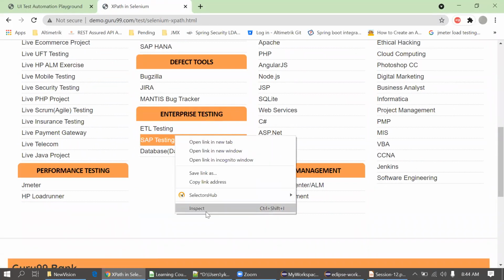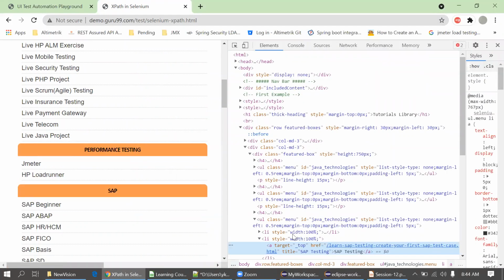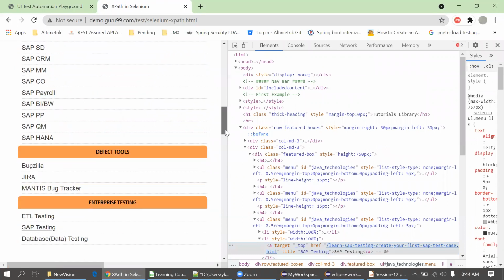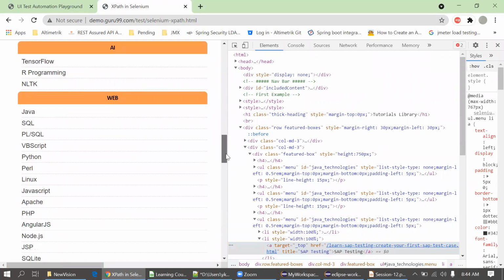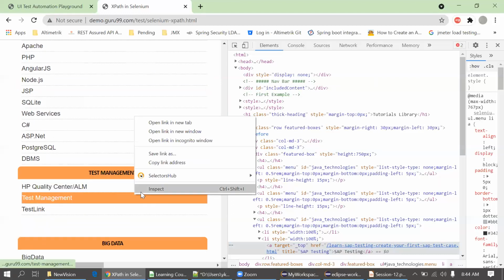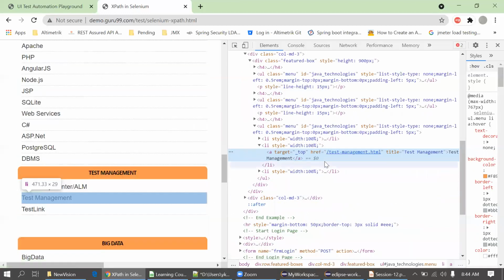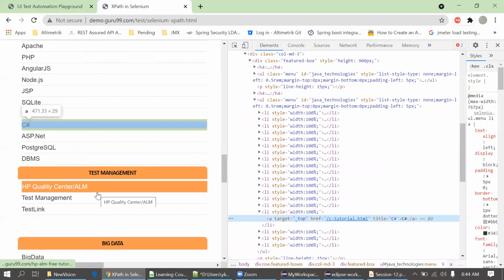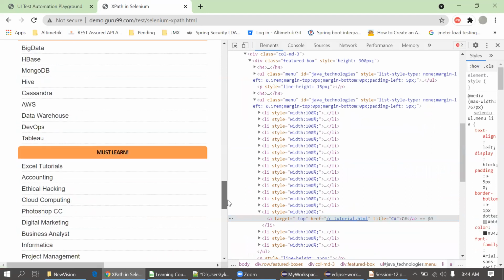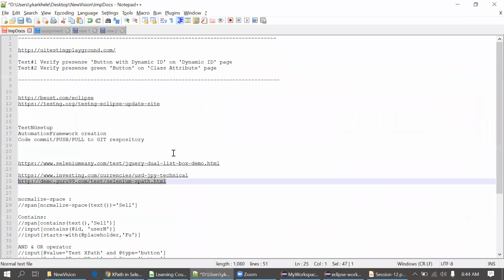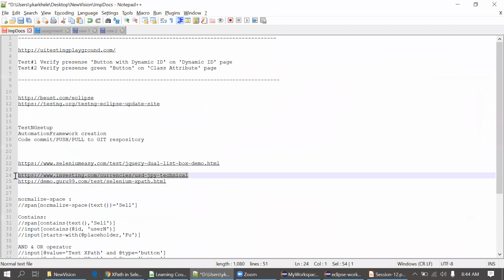Just trying to find a few elements here in this site. Here there is no space for one element. I got a space here yesterday, so I missed that element. Again, I'll just go to this another site.